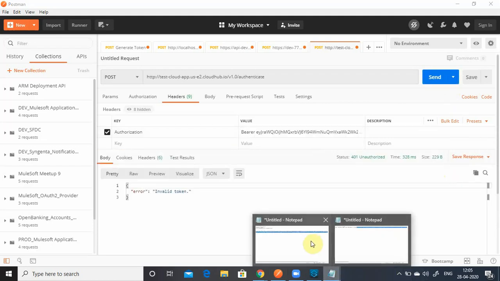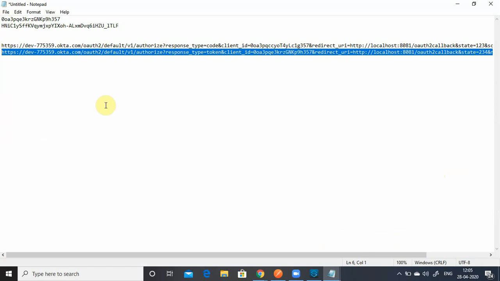So you got my point, right? That is the difference between implicit code and the authorization code. It is recommended to use the authorization code. It provides extra security. Basically, if you see the implicit code, we have never validated a client secret. We just make use of a client ID during the authorization server call, but we are never calling a token URL. The token URL expects client ID and client secret. But in the case of implicit code, we never send the client secret, right? Because we get the token in our first request itself.